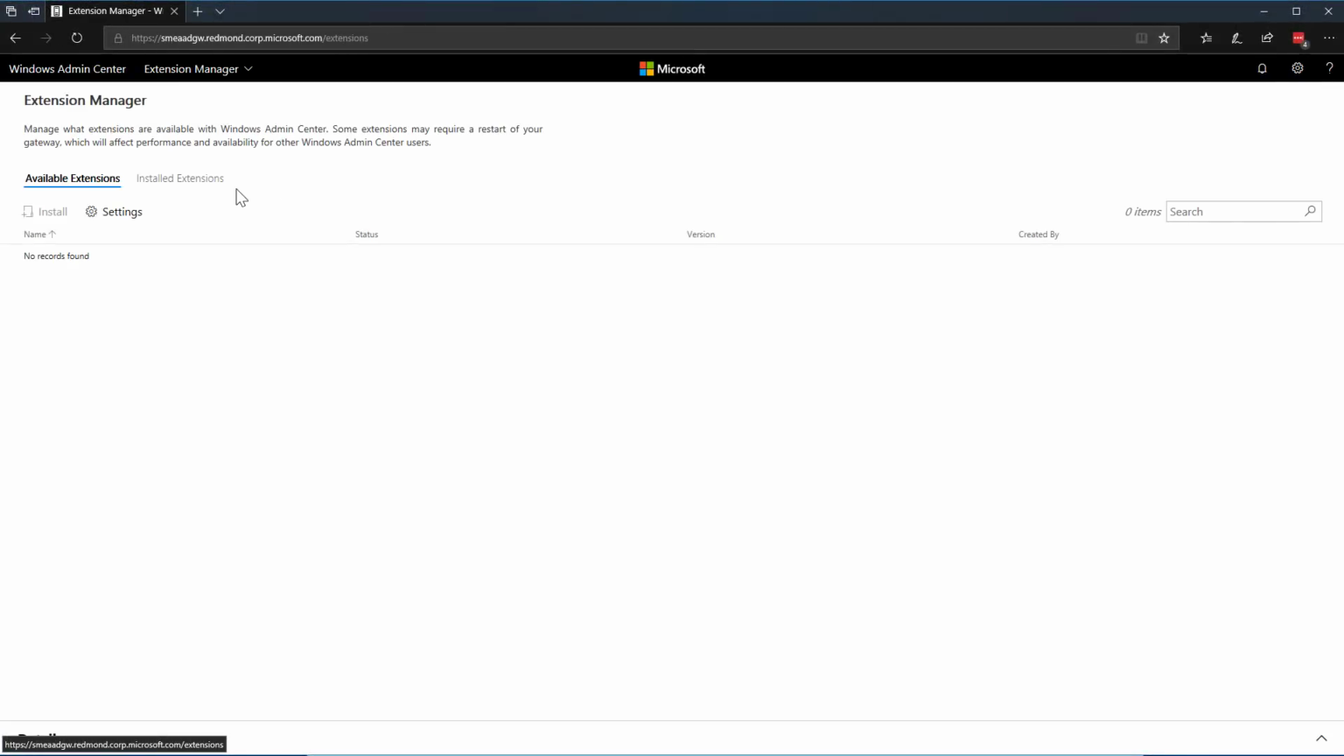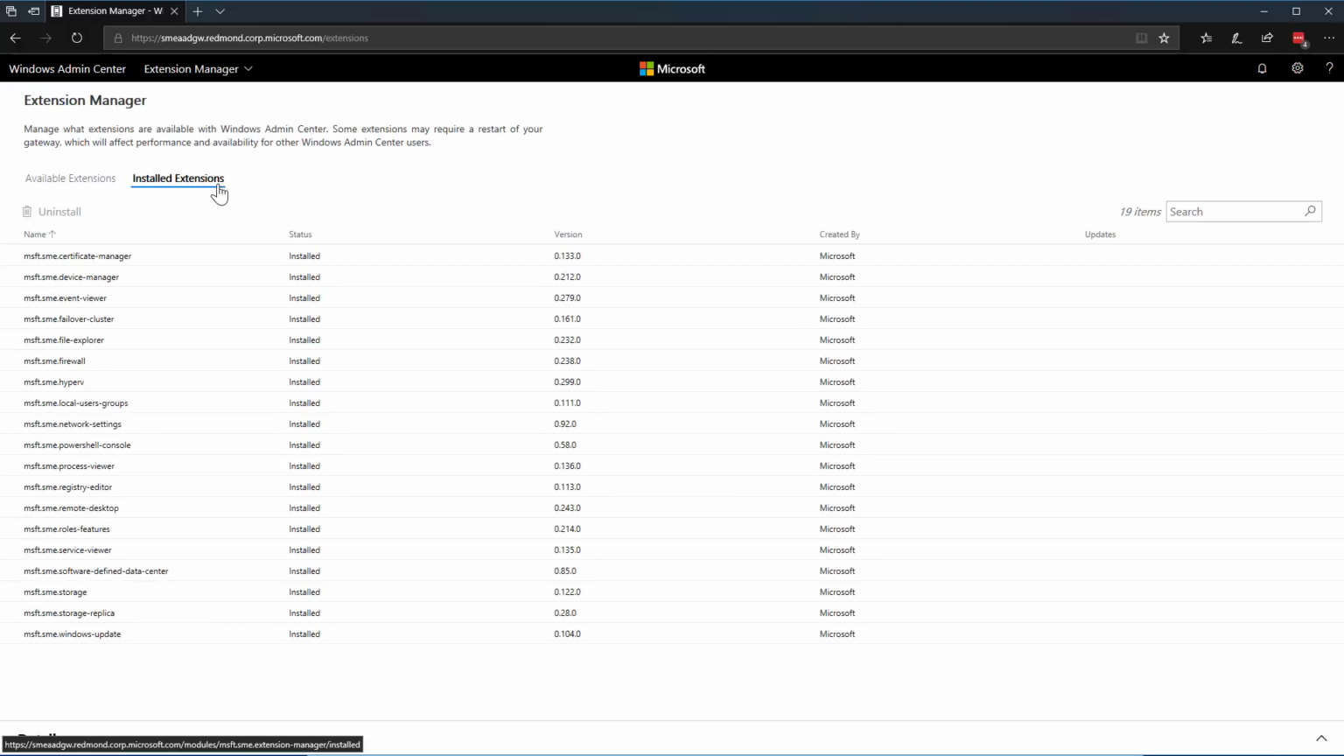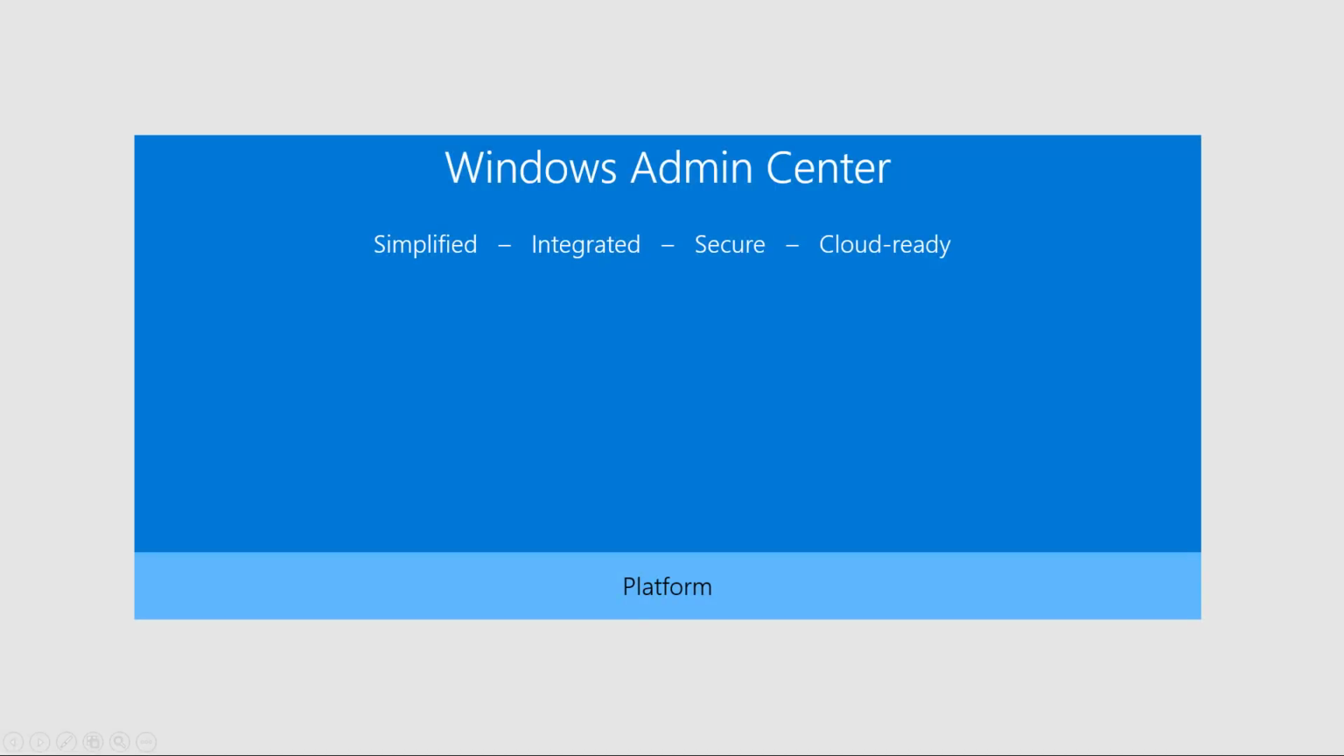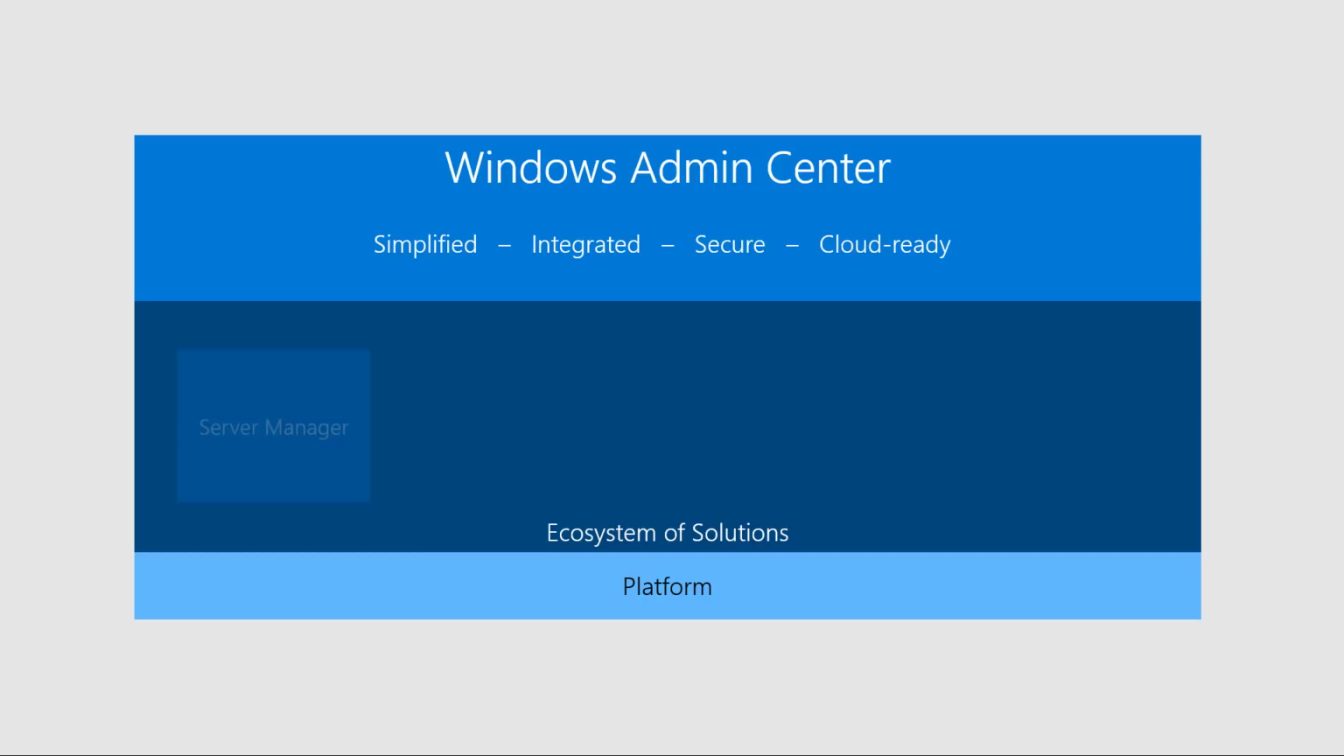But that's just the beginning. We've built extensibility into the architecture and are currently developing the SDK to enable other Microsoft technologies and third-party partners to develop their own solutions that integrate into Windows Admin Center seamlessly. At its core, Windows Admin Center is a platform on top of which we've built an ecosystem of solutions to